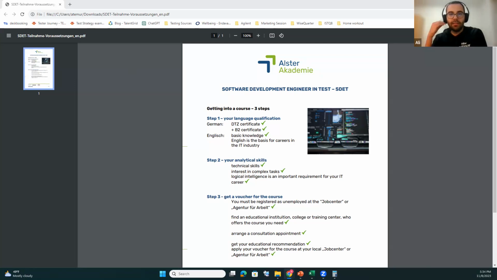Nisa just asked when the starting date for the next batch is. Okay, the date is not yet clear, so I think we are waiting for applications. Thank you, Nisa. So as I said, the date is not clear yet, so it's all up to applications and the job center and so on. But we are usually doing it twice or 3 times per year. So if you miss the next one, you can catch the other one. There won't be an issue.